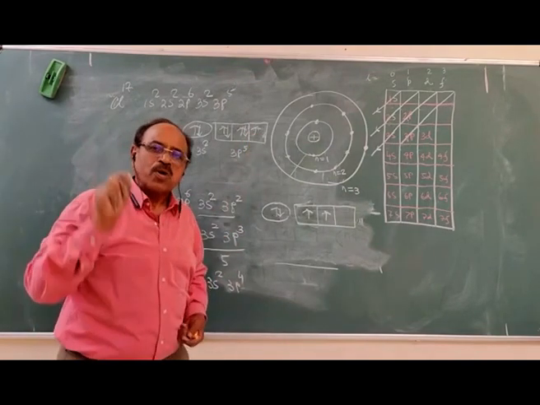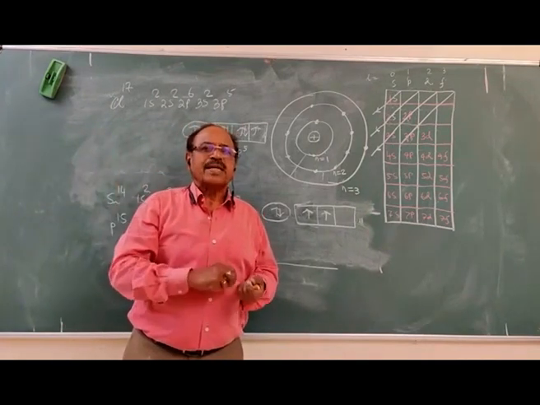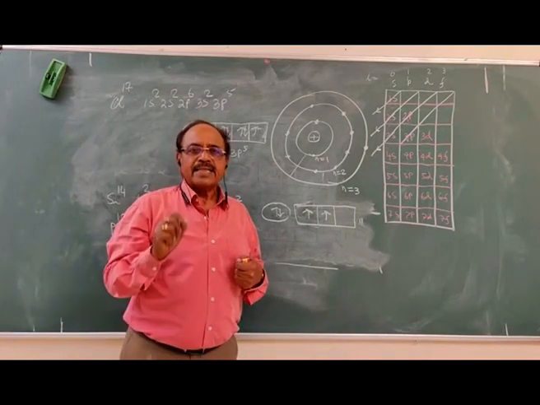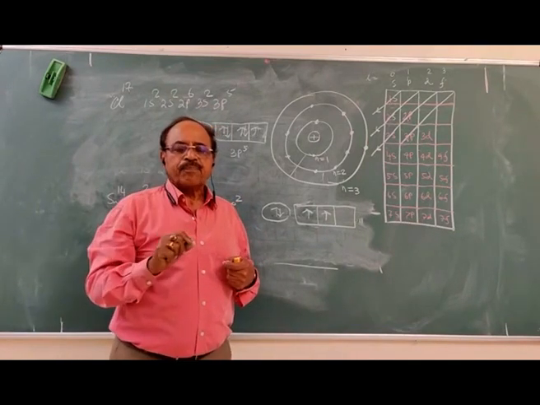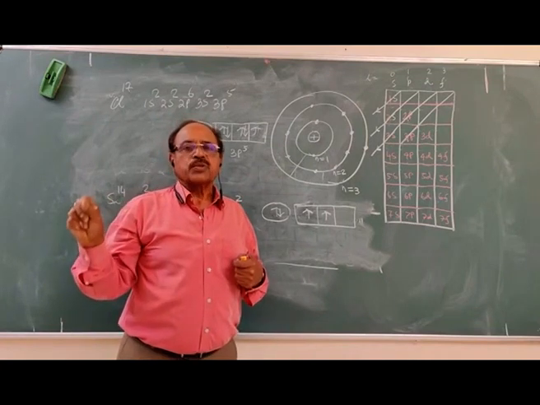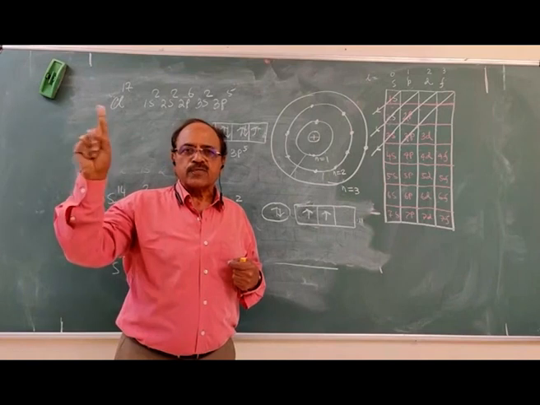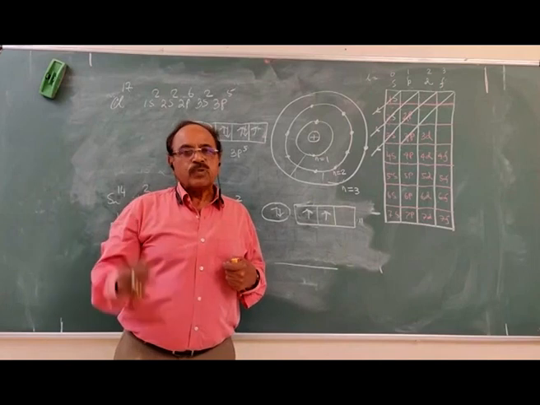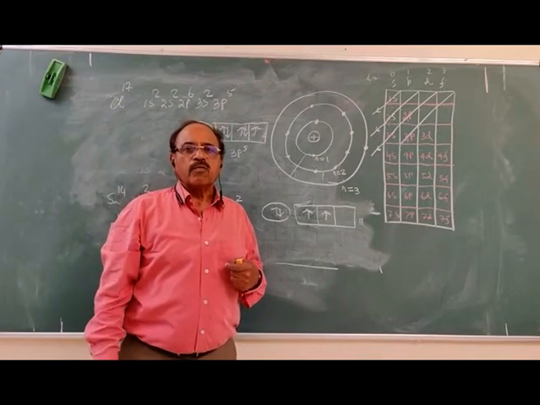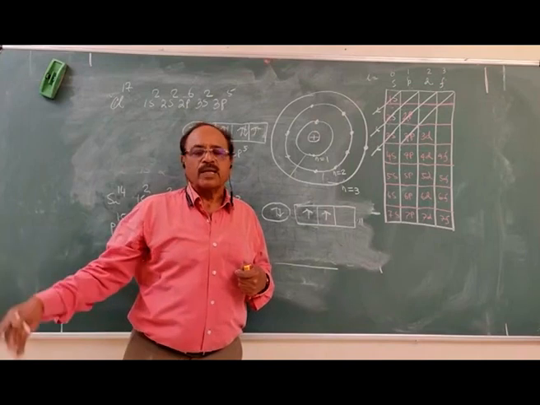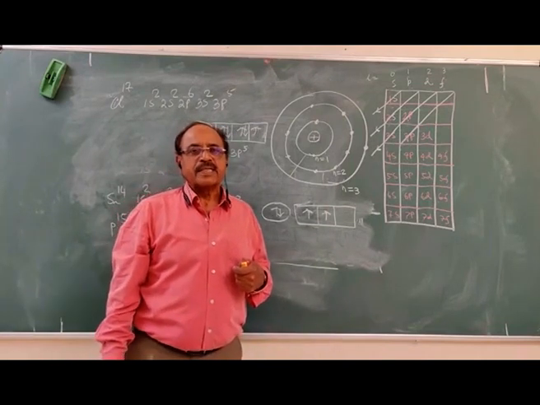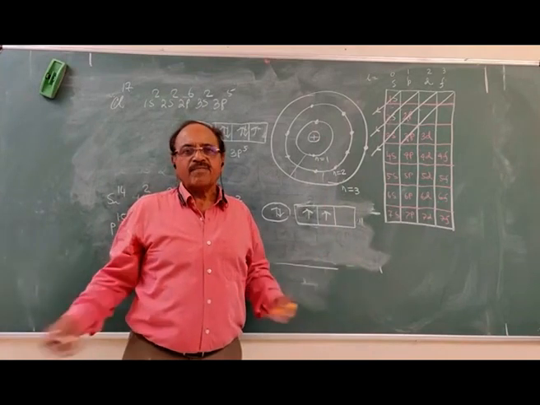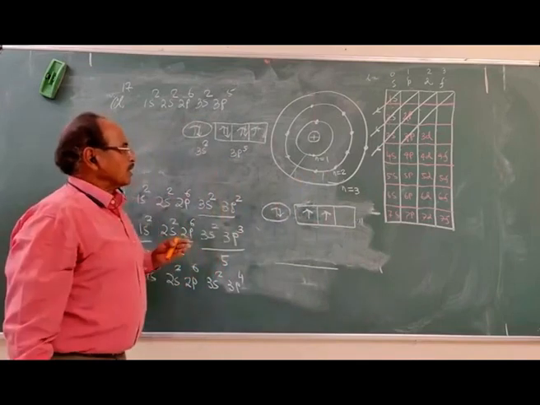And chlorine has a strong tendency to attract and accept an electron. Hence, it has the highest electron affinity and very high electronegativity. The electronegativity of chlorine is 3. But the electron affinity of chlorine is more than the electron affinity of fluorine. While I will be teaching you the periodic table, after this chapter, I will be explaining all these things, and I will derive everything from the electron configuration of the atoms of the elements.